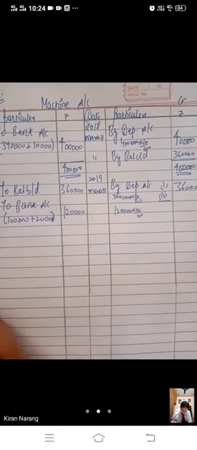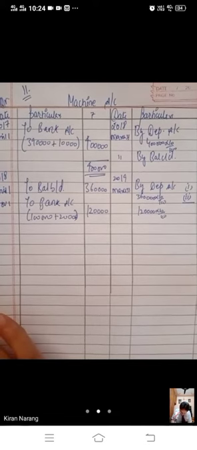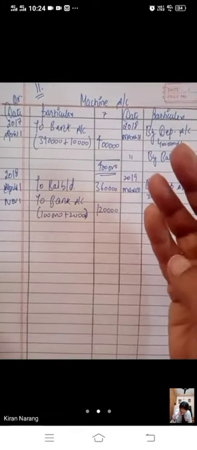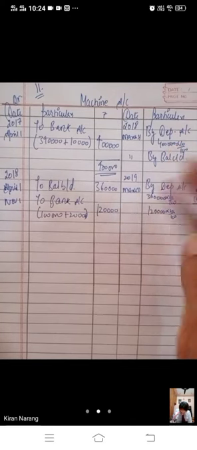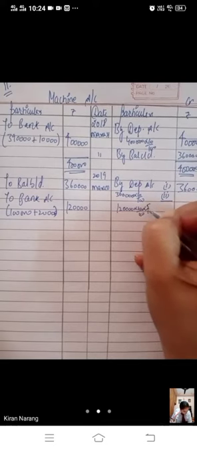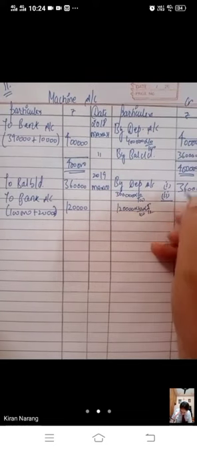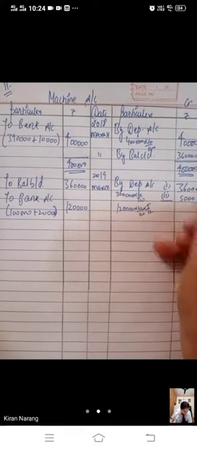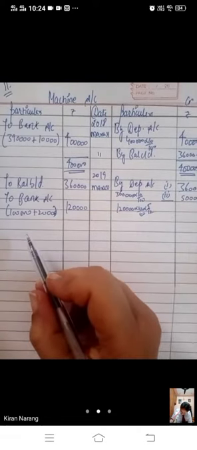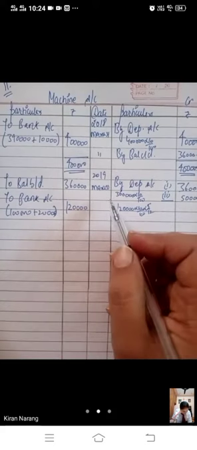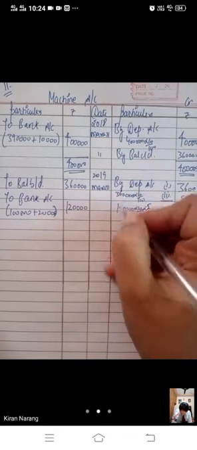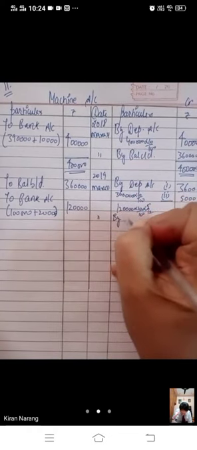But better, we have not used this machine for the whole year. We have used from November 1 to 31st March. November, December, January, February, March. 5 months we have taken. For 5 months it will be calculated, and it will be 5,000 only. We have purchased this machine on November 1, and till 31st March we will charge for 5 months only, because we have used for 5 months only.